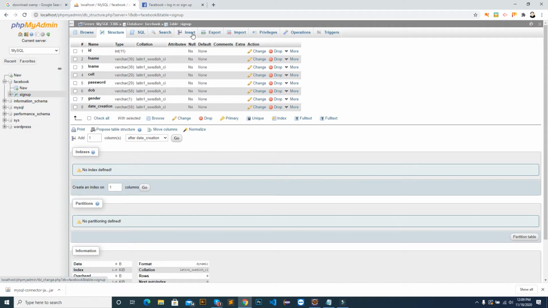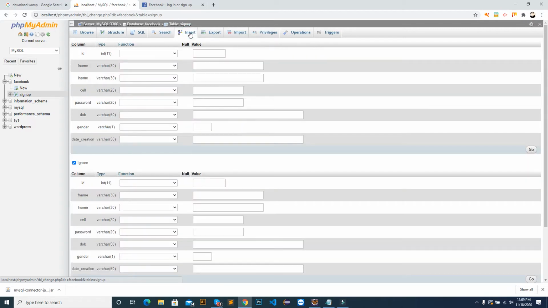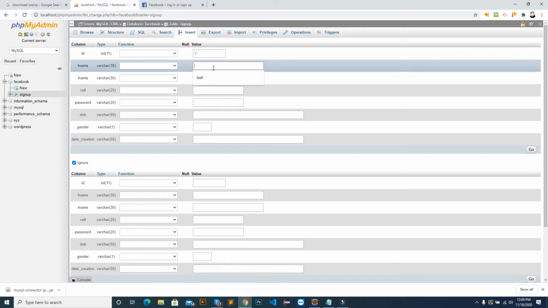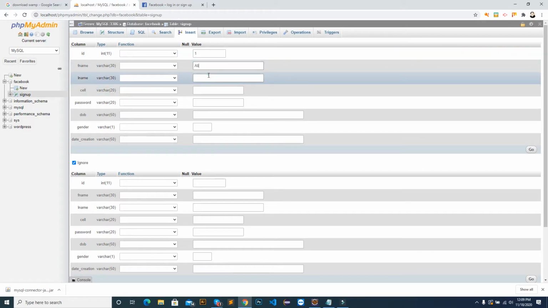So I want to add the first record using this insert. Okay, on the top you see this insert. Record number 1, and F name is, for example, Ali, right? And last name is, for example, Akram, right?